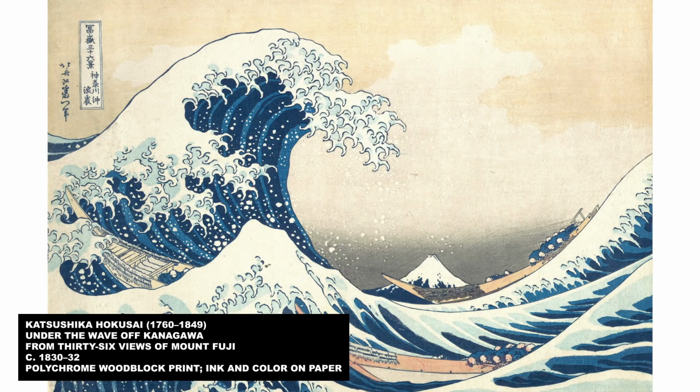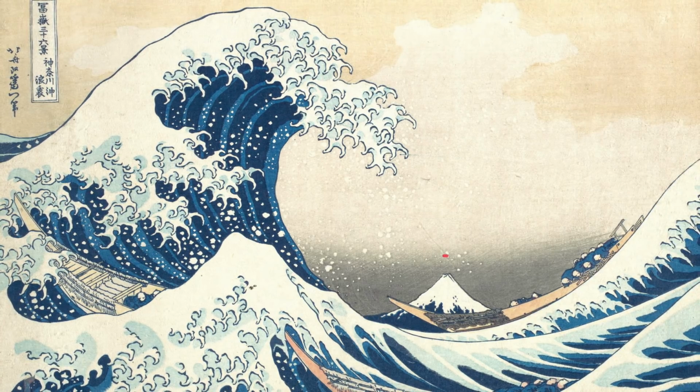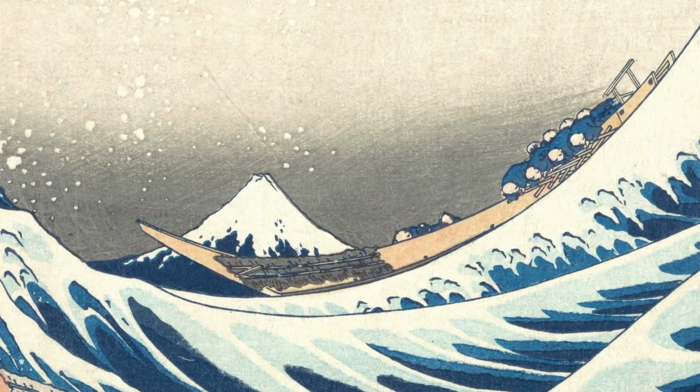Art has long captured the tremendous beauty of Earth and its climate, as well as its variability and our powerlessness to it. You can think about Katsushika Hokusai's Under the Wave off Kanagawa, part of his polychrome woodblock series of prints titled 36 Views of Mount Fuji. Each image gives us at least a glimpse of the mountain, and in this particular print, we see it in the distance as a giant wave occupies much of the foreground, about to crash down upon 3 fishing boats and